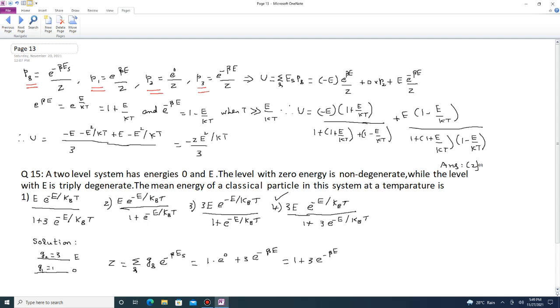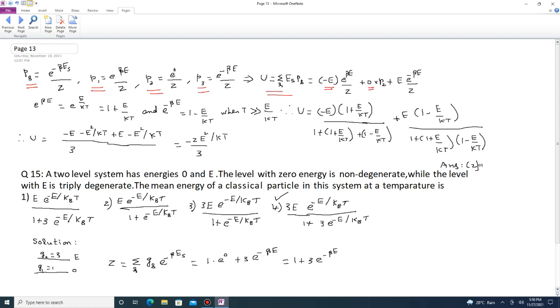Then the energy U is equal to summation over S, ES PS. We substitute for ES the respective values. First one is minus E, e power beta E by Z. Second term is 0 into P2. And the third level is plus E into e power minus beta E by Z. So this is equal to